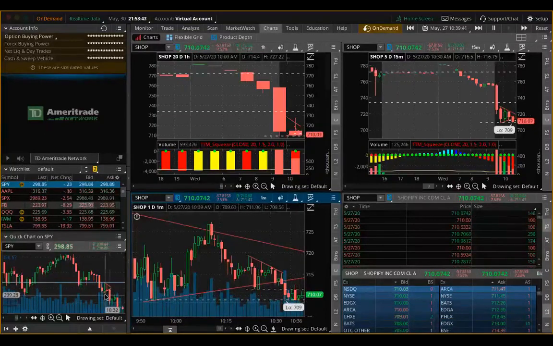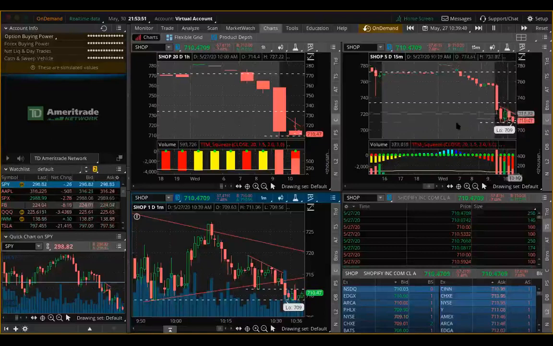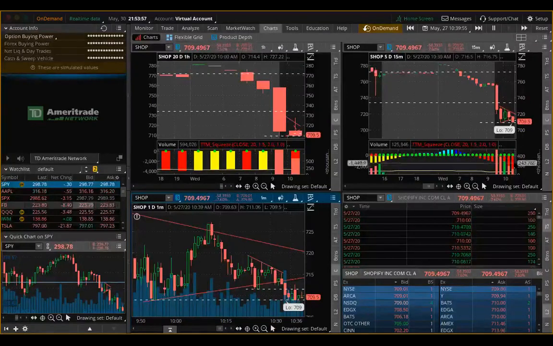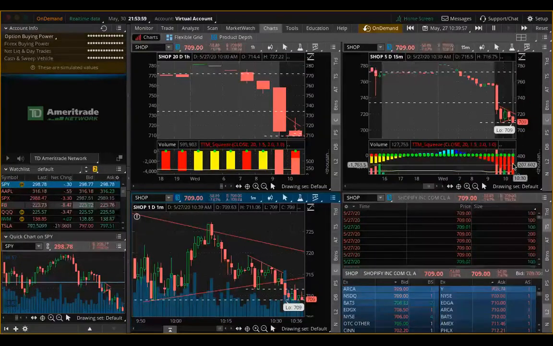SPY is dumping. What is SPY forming again? Look at this. So we have some indication of where the market could potentially go. We have an inverse hammer forming here on the 1 hour. Our TTM squeeze is telling us that momentum is bearish.